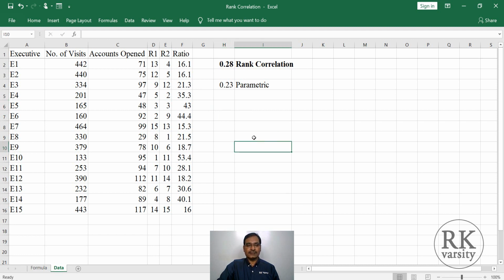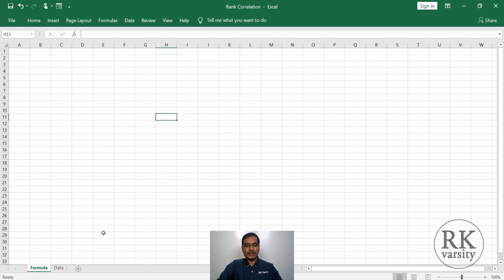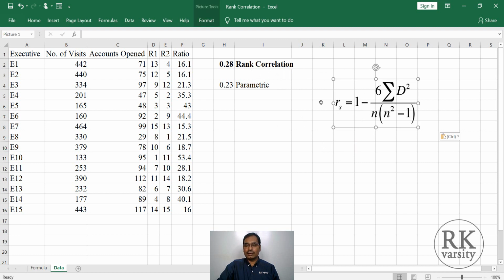That's it. Excel will take care of the rank correlation formula. So the same formula Excel uses here to calculate the rank correlation. Even if you calculate using this equation also, you will get the same value of 0.28.